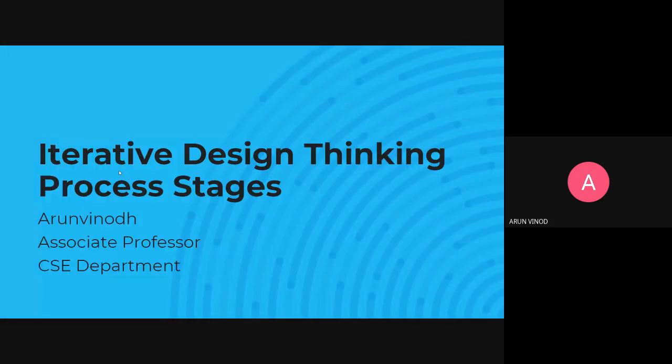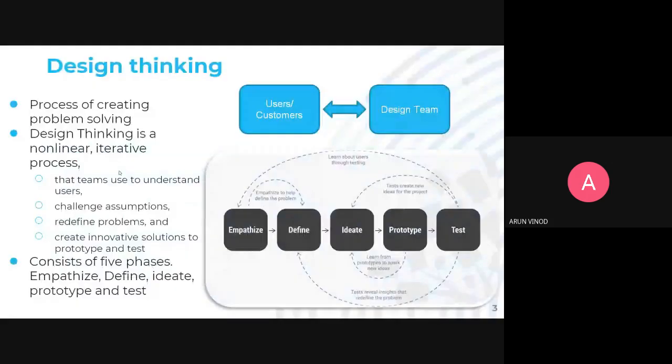Iterative design thinking process stages. Why is it called iterative? Let us see that. Before starting the discussion, first you should know 2 groups of people: the users or customers, and then the design team. The users or customers are having the problems, and the design team, that is you,